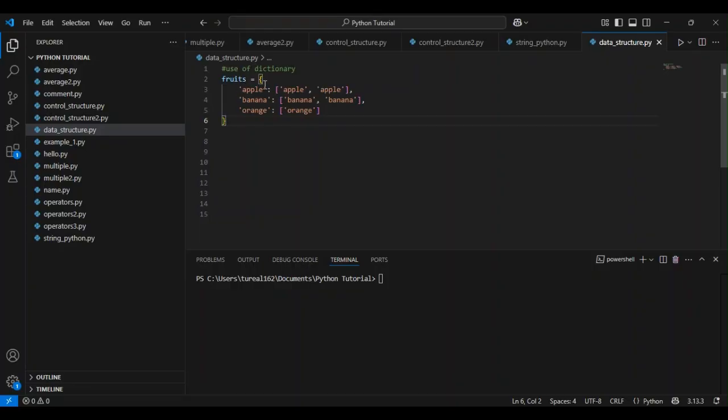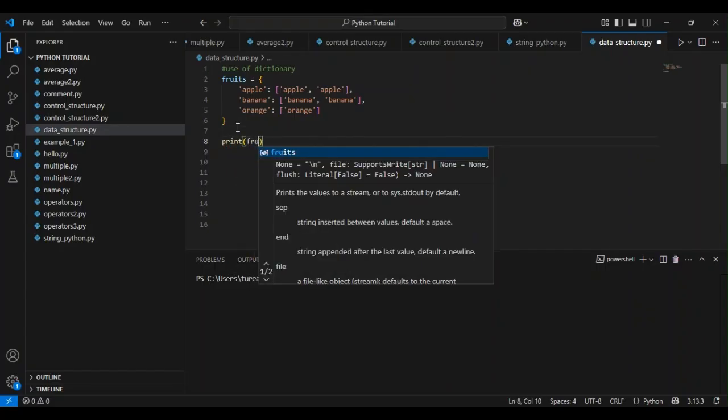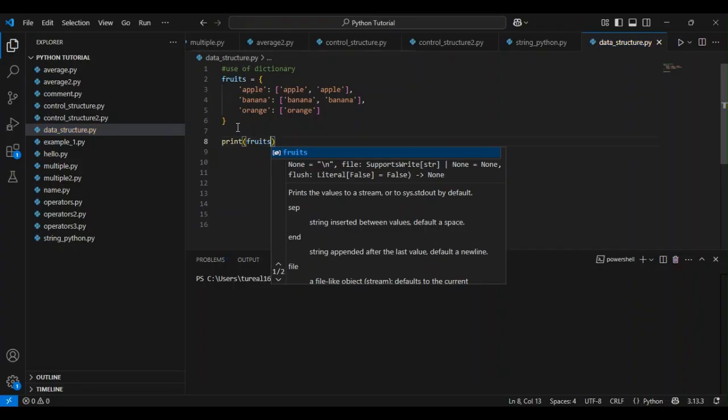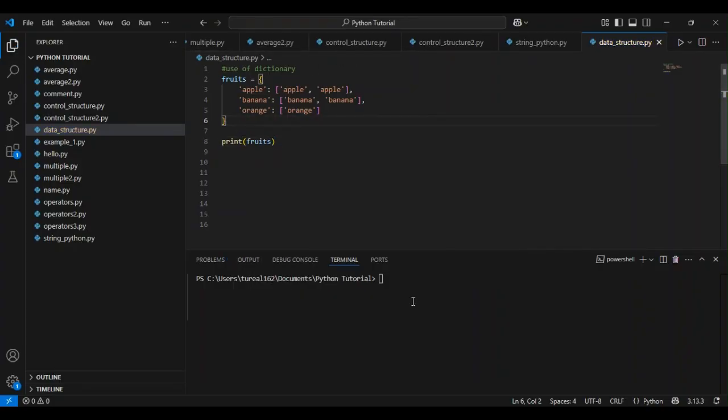So, with the use of this key, you can access all the values attached to it. With the use of this key, you can access all the values attached to key banana. The same thing goes for orange. So let's print out this dictionary and see how it looks. So print fruit. So let's run the program. Let's see how